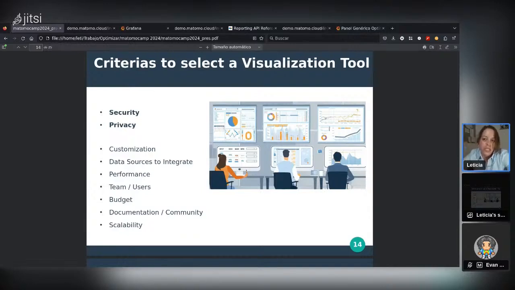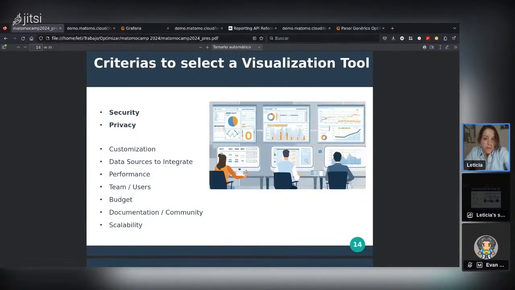We prefer tools that comply with security standards, such as data encryption and user authentication. And another key element is privacy. We look for tools that allow control over who has access to the information and how the collected data is